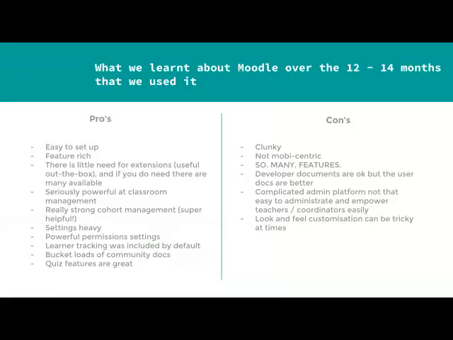The look and feel customization is quite tricky. It's not as straightforward across the board as a WordPress instance is, and so that's a challenge. And one of the key things that we ran into was the difference between making content available publicly outside of course rooms versus the private content.